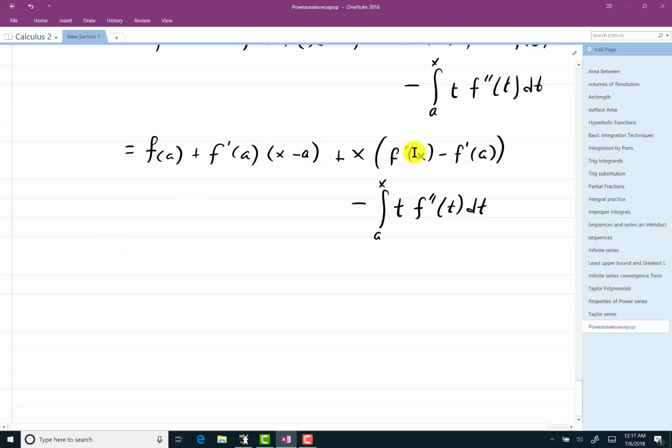Notice here, I can replace this piece in here with an integral. See if you can see this. The variable of integration doesn't matter, so I might as well make it agree with the other one. If you notice, when I take the integral of f double prime, I'll get f prime. You'll plug in x, f prime of x, and then you'll subtract plugging in a. So there it is, and there's the x. And then over here,